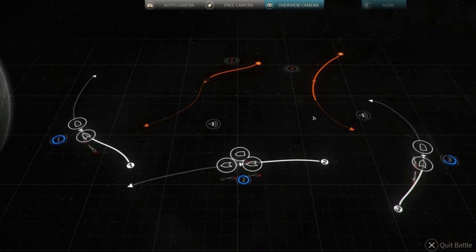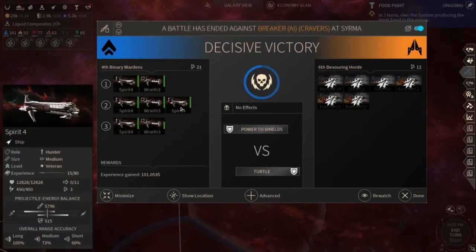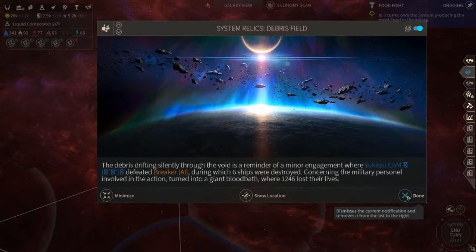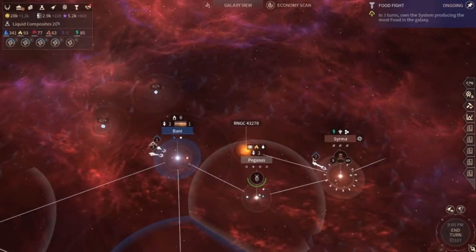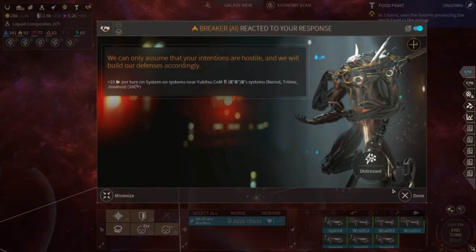Yeah, this is why I like missiles with this faction. And this is why the support laser type is the beams. I've gone for the long-range variant there. Or the all-range variant, I suppose. Alright, cool. So these guys were being worked on by the Cravers, so I'm going to go ahead